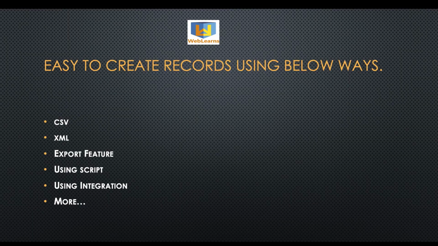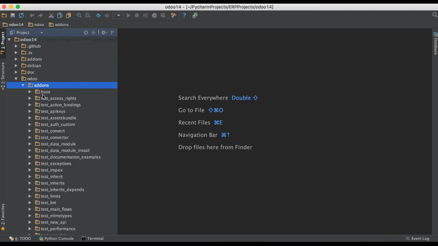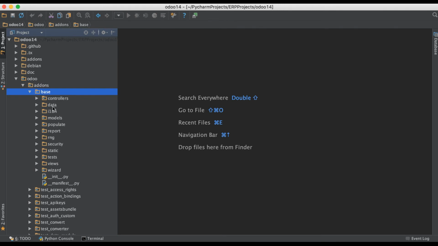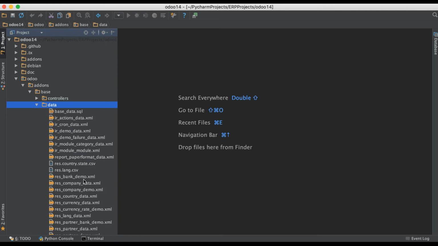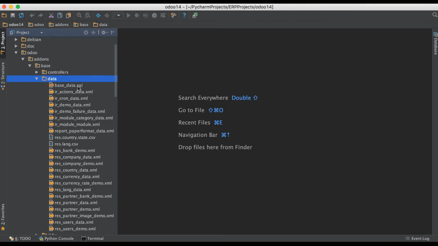I'm going to the editor. Now I will go to the base module, and you can see Odoo has a standard structure for how you can create a module, and the data directory has different files like XML files, CSV files and SQL files.